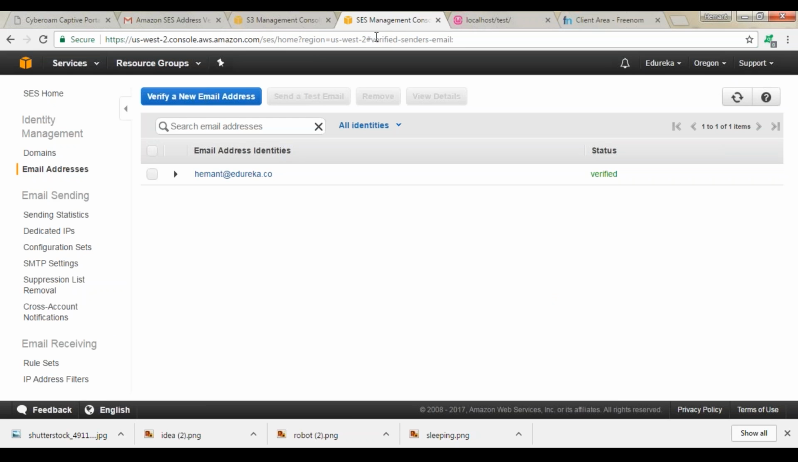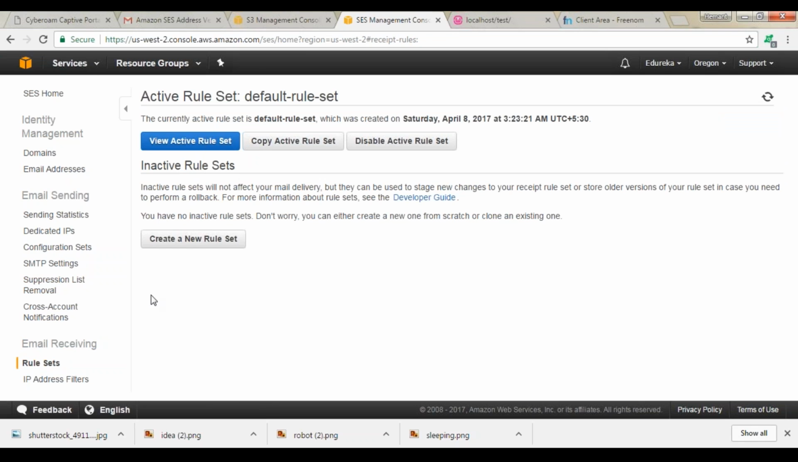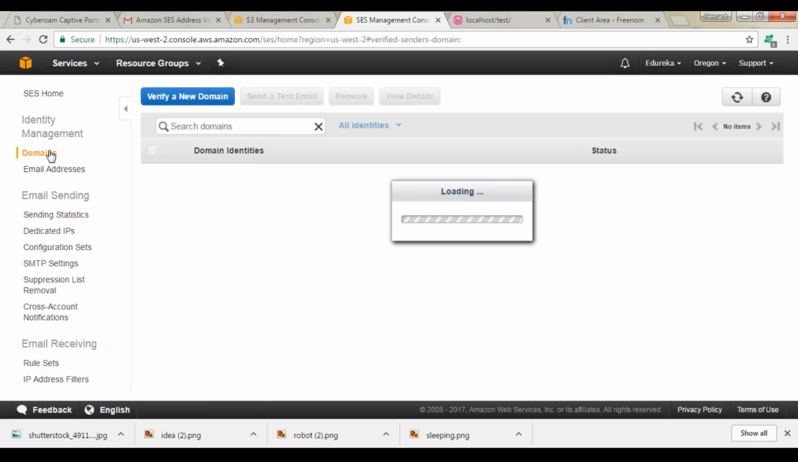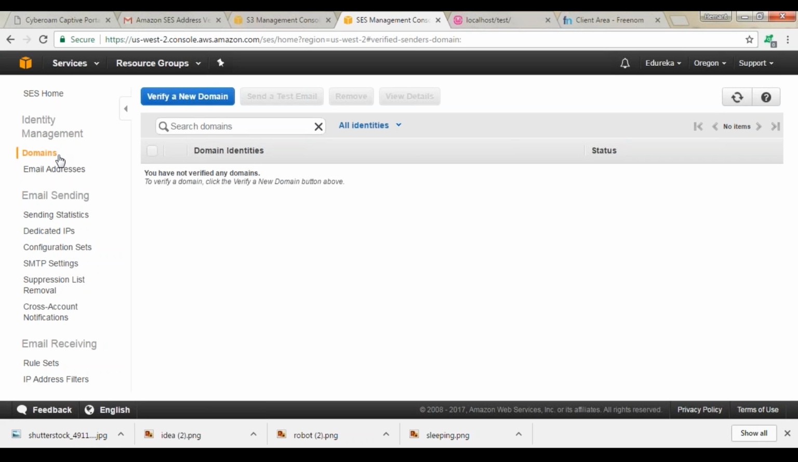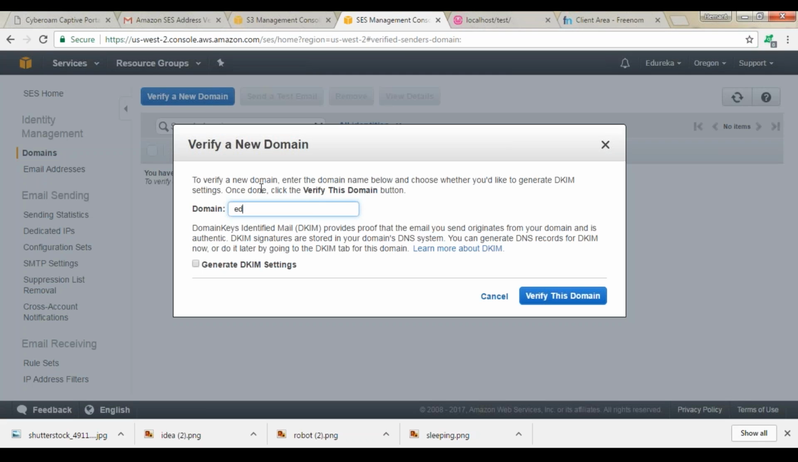Now what I'll have to do, or how do I configure this in my SES, is like this. So you will go to your SES, you see this tab which says email receiving, right? So you'll click on rule sets and you'll have to create a new rule set. Before that, you have to actually verify a domain. You basically have to verify that the domain is actually owned by you. Now how will you do that? You'll click on verify a new domain and